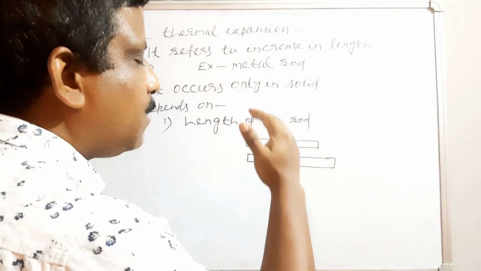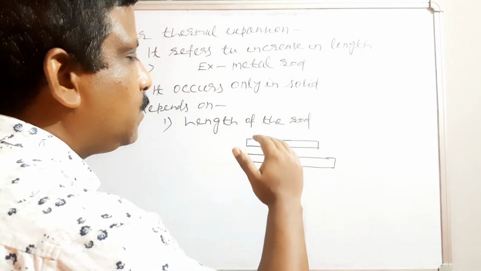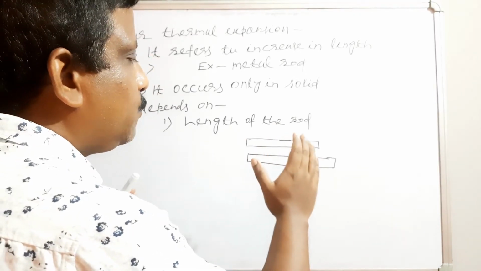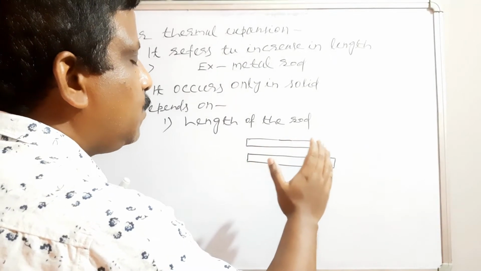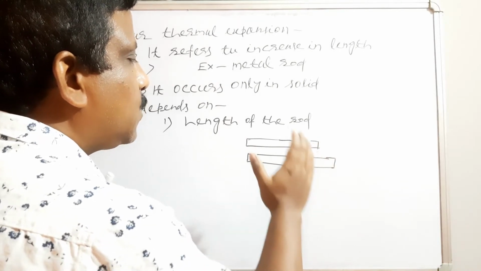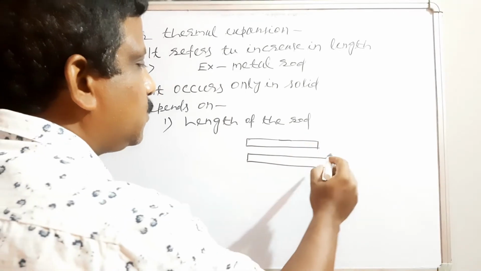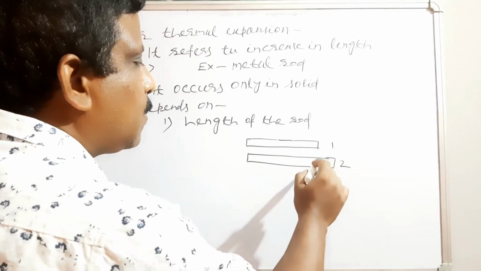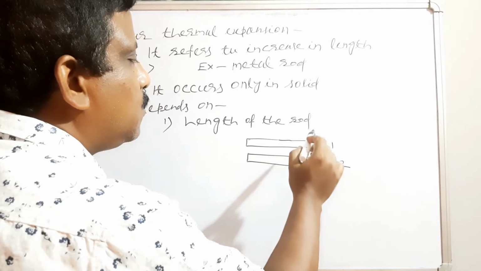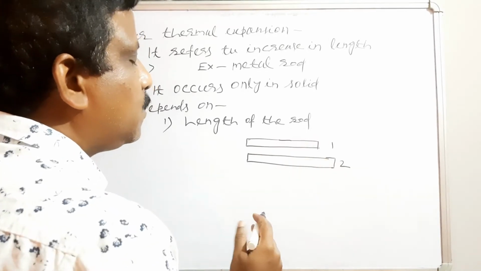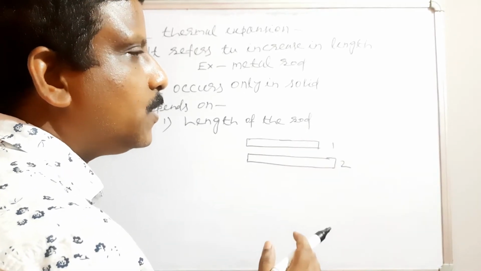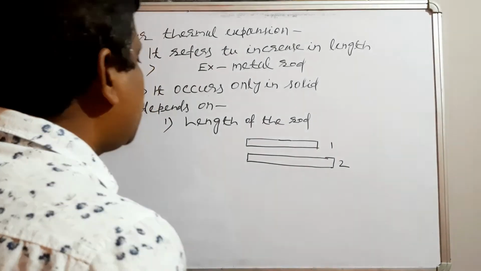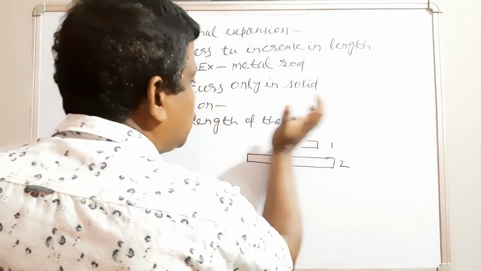If you give the same amount of heat and both rods are made of the same metal, the rod with more length will expand more. The second one's length is more as compared to the first one. So the expansion of the second one will be more than the first one due to more length. More the length, more the expansion. Understood? Your third factor affecting is